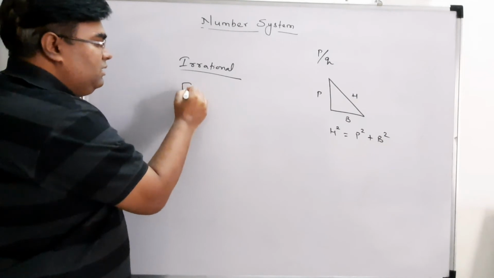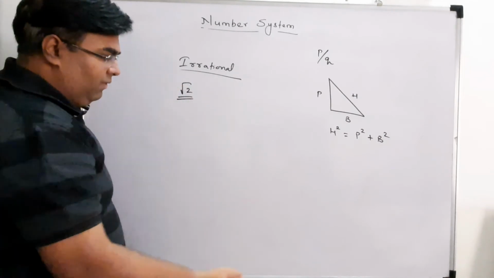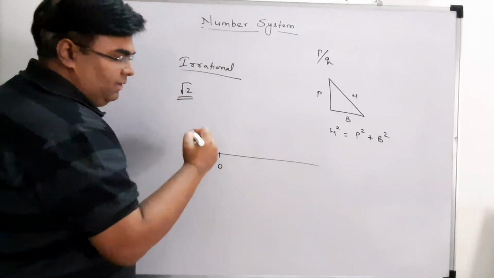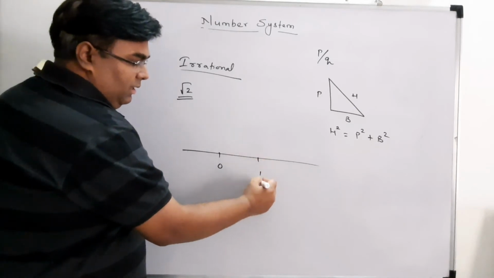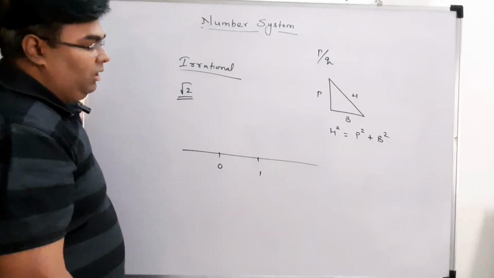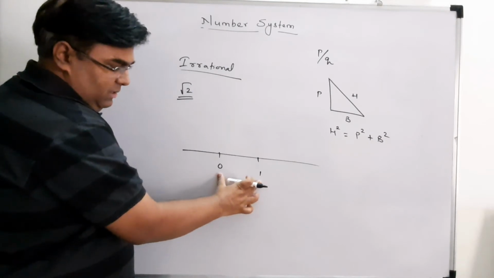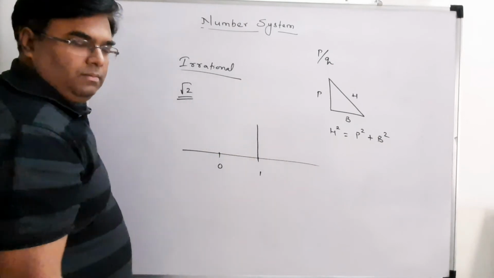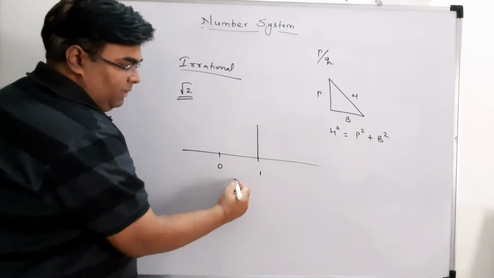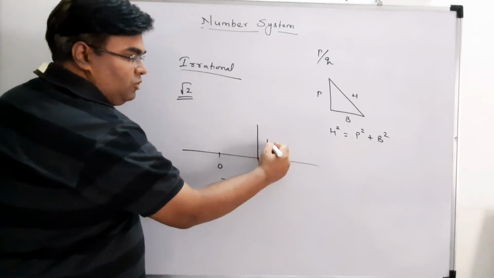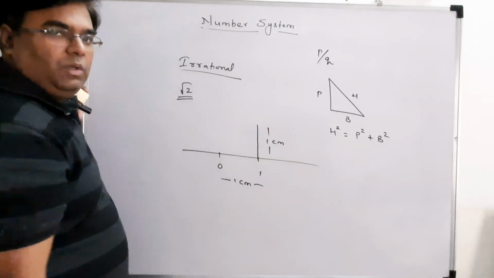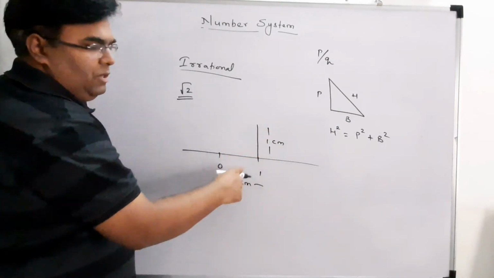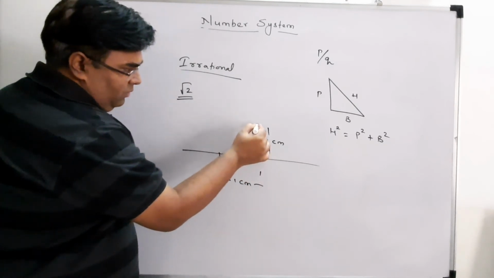Suppose we need to represent root 2. What we will do, on a number line, first we will mark 0, then let us say this is 1. Now, at the same distance, I make a perpendicular line under the same measurement. If this is 1 centimeter, I'll make this also 1 centimeter. Suppose you want to make it 5 centimeter, make this also 5 centimeter, means same measurement, right? And then just join